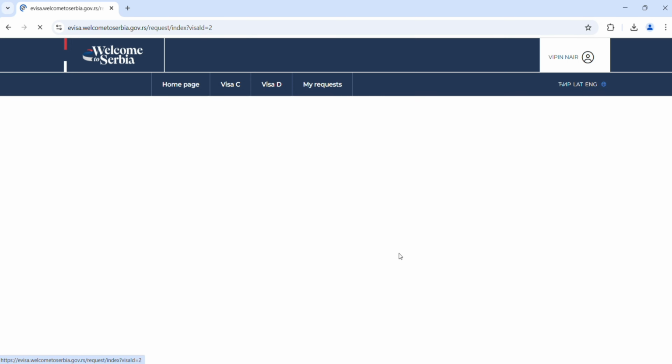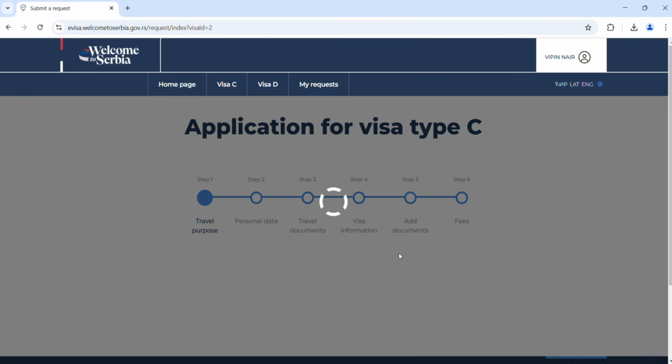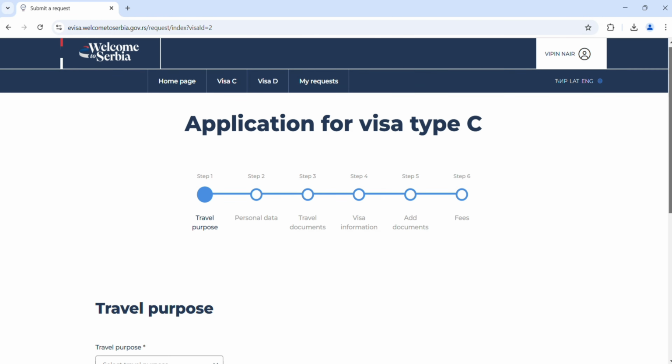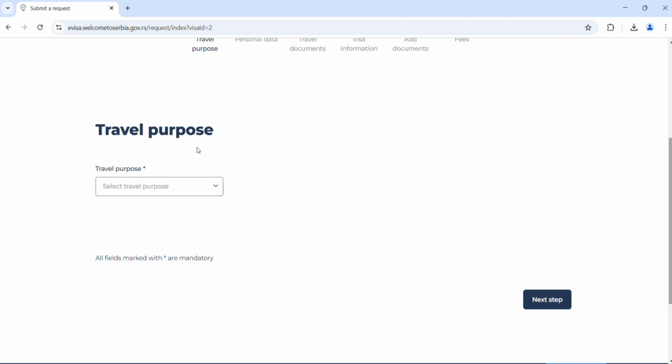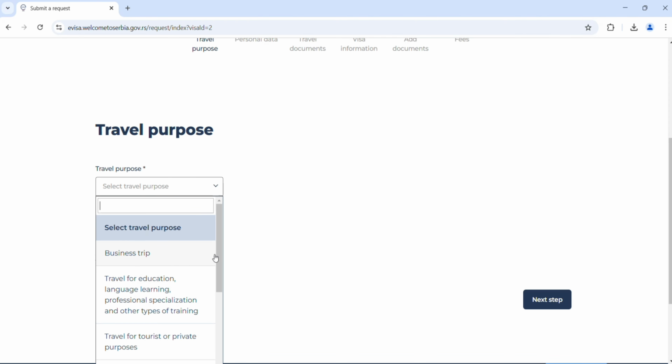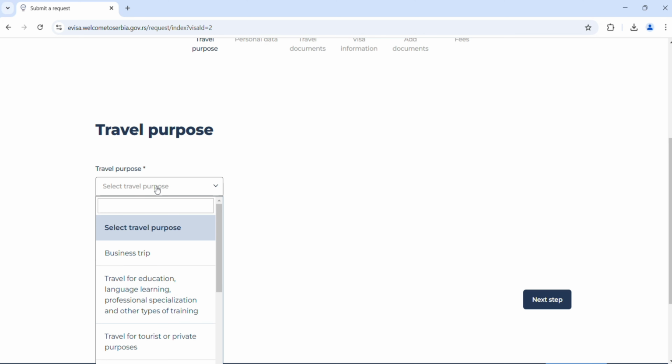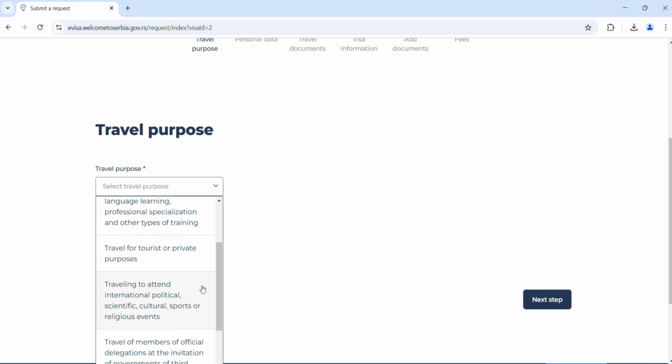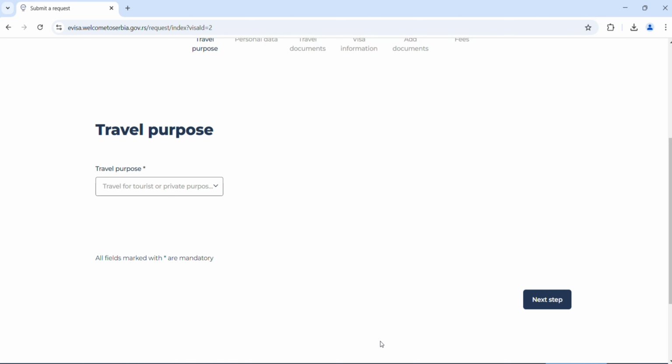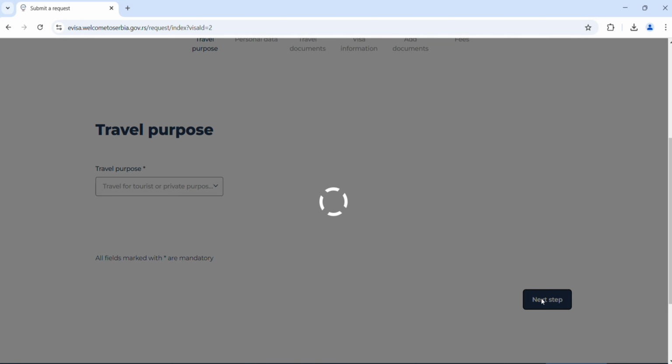After creating an ID, we have to apply for the visa, C type visa. Then here we have to fill in our basic details, travel purpose, personal data, travel document, visa information, upload documents and pay the fees. Like that is the process. Here select traveling as a tourist, traveling for tourist or private. That option we have to select, whether it's a tourism visa or business visa, according to the purpose we have to select